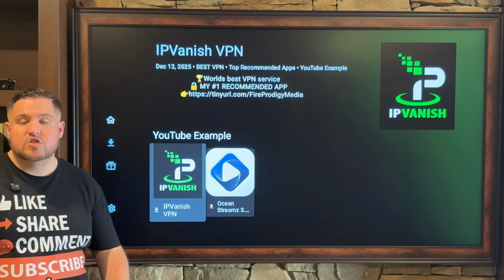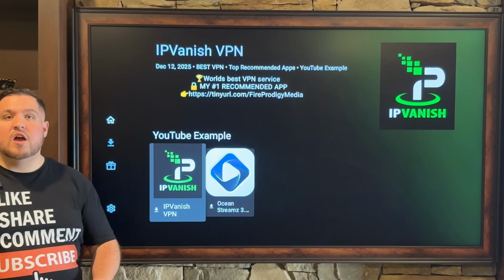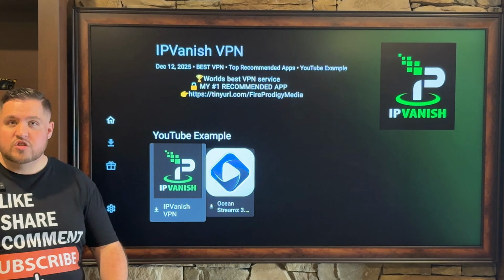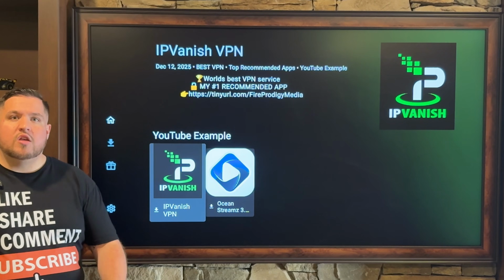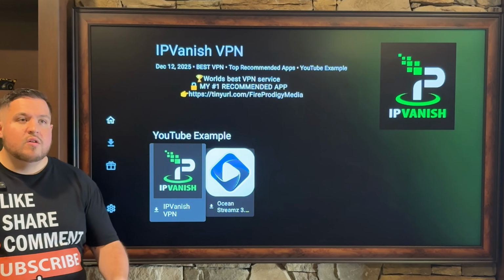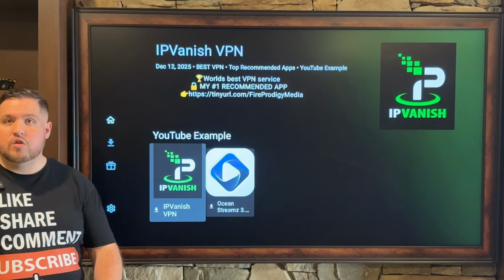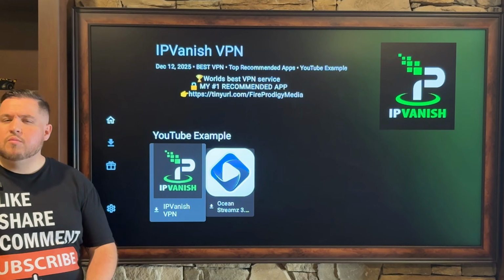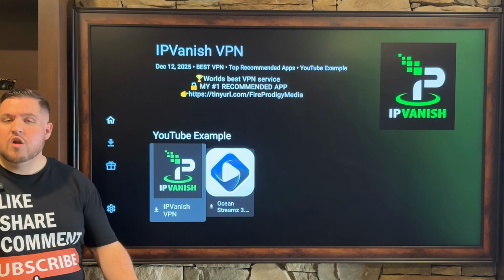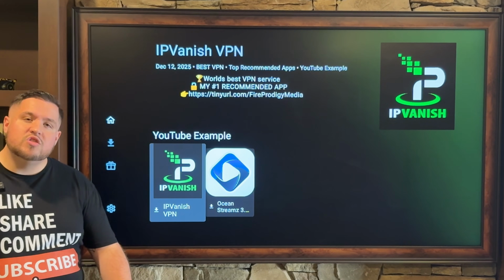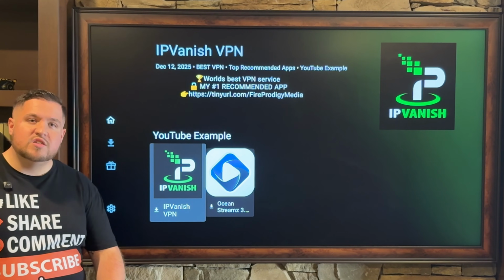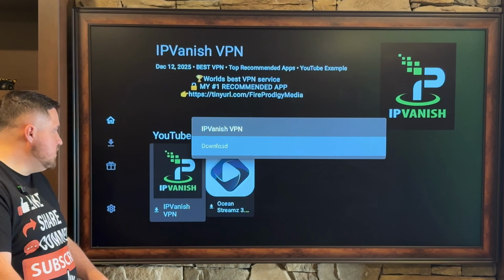That's IPVanish. IPVanish is a VPN that's going to help us unlock these third-party applications. And by unlock, I mean that whatever internet provider you may have or what country you live in, they could be putting restrictions on you and your device. Having a VPN is going to help you overcome internet censorship and stay 100% safe and secure. Let's go ahead and download IPVanish by clicking the center button on a remote. Download,